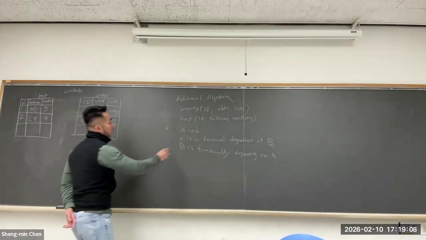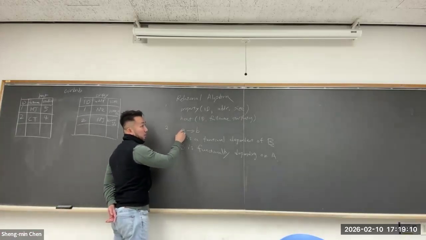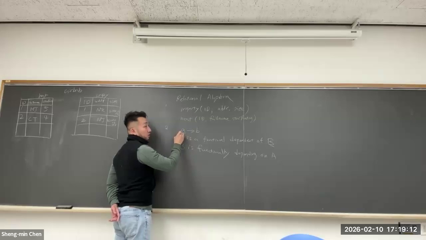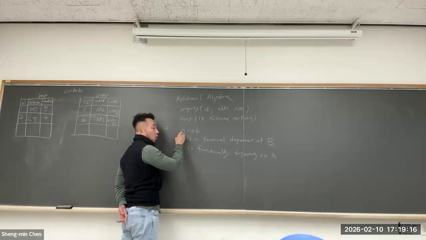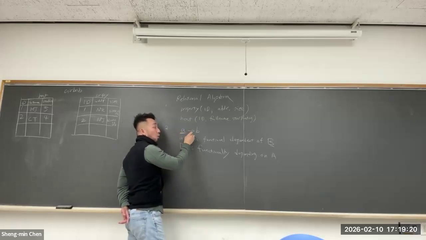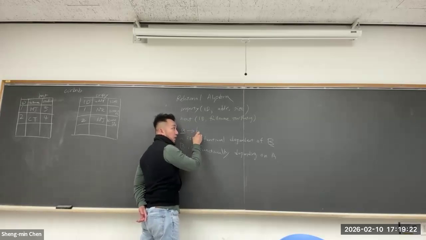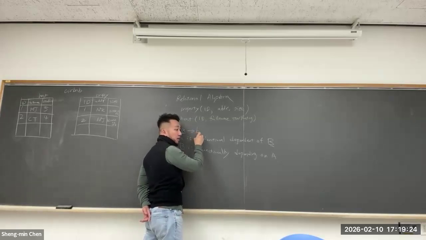Okay, so A is the functional dependent, meaning the identifier or the information you need in order to get its non-identifier